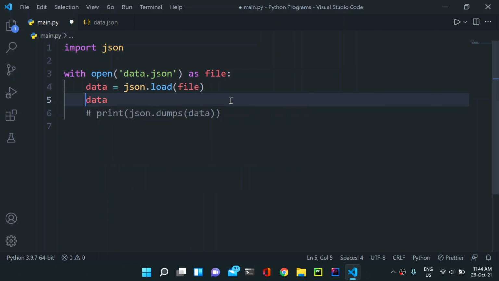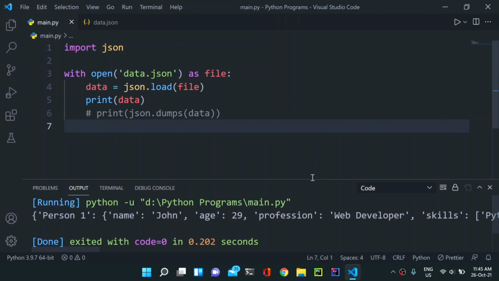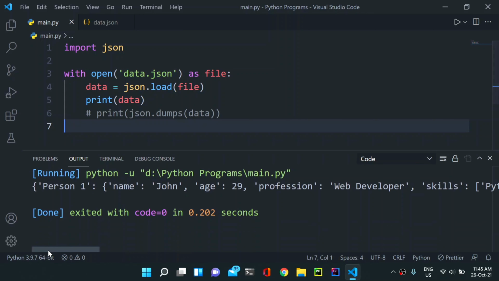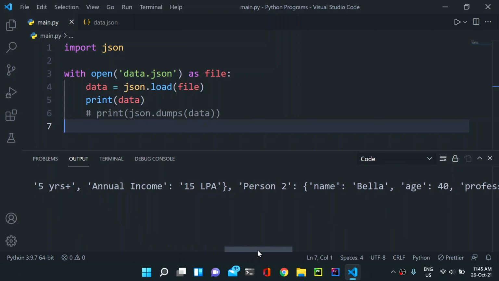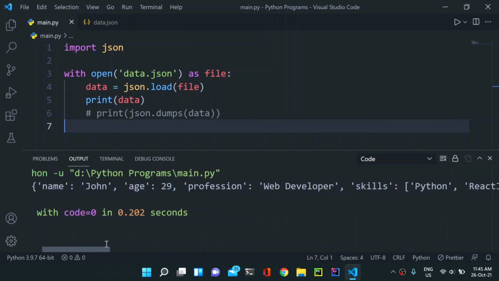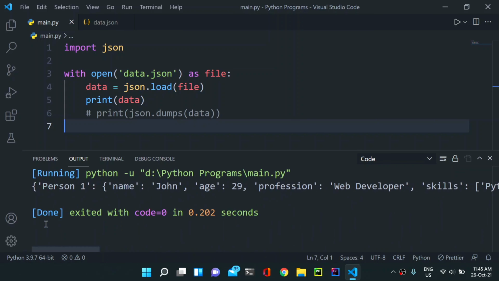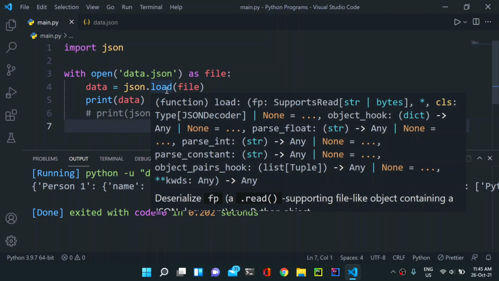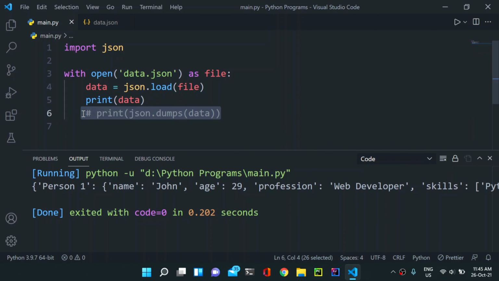Okay, so if I want to print this data directly, I can do it like this, and if I do this, you can see that data here. So we have all the data which we needed, but it is good practice to use these dumps. Basically that was my mistake, because we have already loaded that data, and that's why we don't need to use this dumps method here if we don't want to write data there. So you don't need to use this, sorry, my bad.